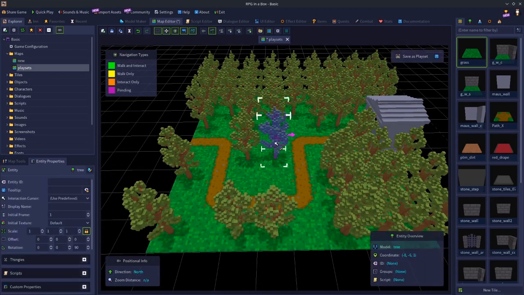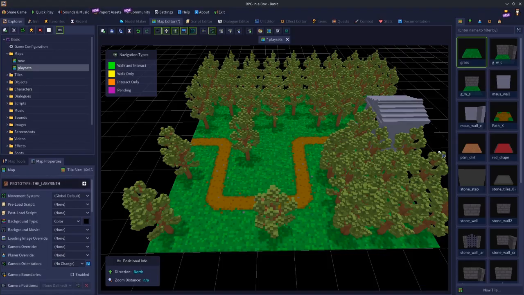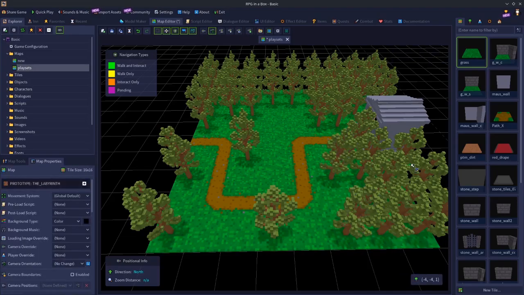And again, as I say, everything is individual. So if I wanted to delete these trees afterwards, maybe I just wanted to alternate them a bit so it looks a bit more random, maybe go in here and make a clearing or something. You can obviously go in afterwards and tweak your playset, not your playset, your map. But the nice thing is you're able to really build out something like a forest really quickly with these playsets. So